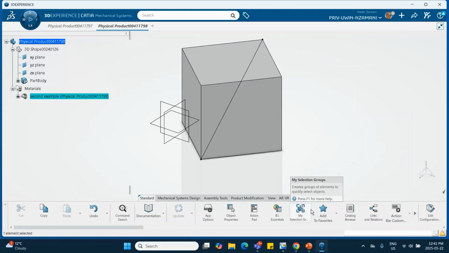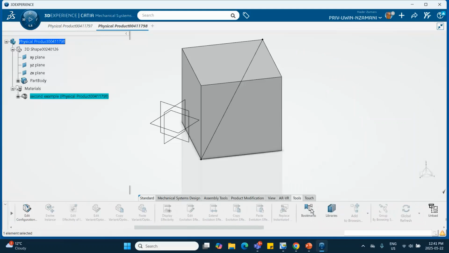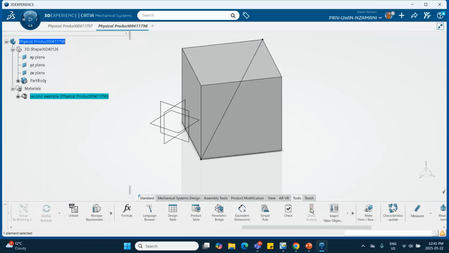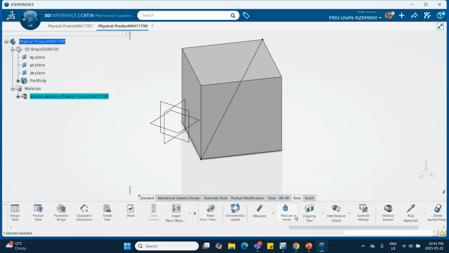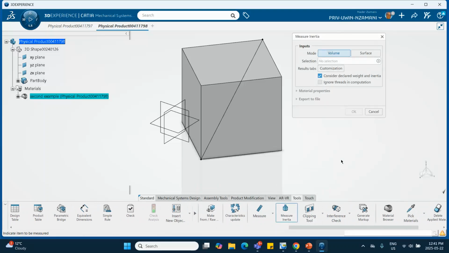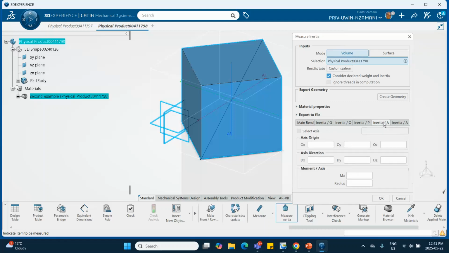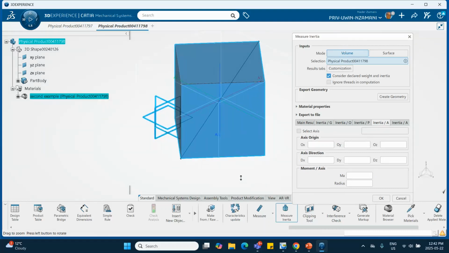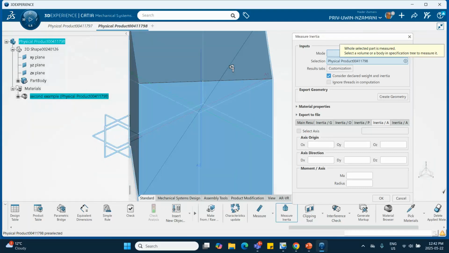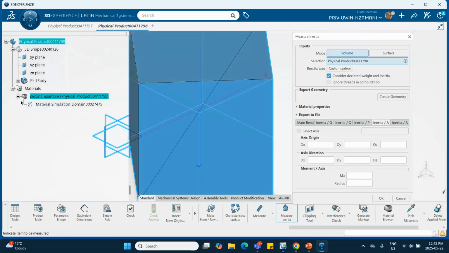Okay. So we go to tools. We go to measure inertia. Select the volume and inertia slash A here, the second one from the right that I've not done before. And I'm going to select that line, that direction. See this? Let me see if I can pick it from